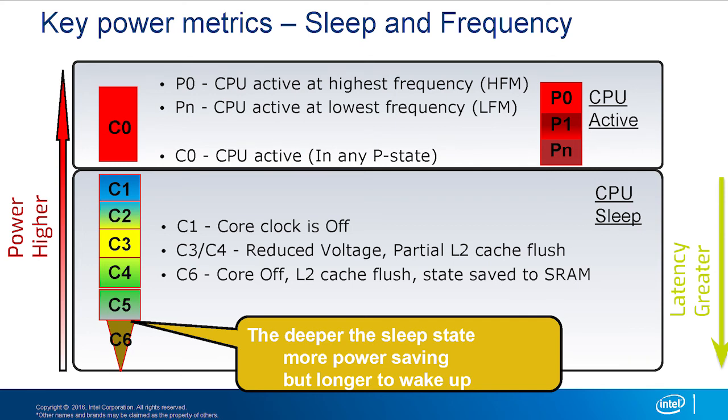However, the deeper the sleep, the more power savings you have, but the more expensive it is to come back out into the C0 execution state. So you don't want to have lots of transitions into the deepest C states and then back again. So there will be an opportunity to take a look at the algorithm to optimize what is a proper C